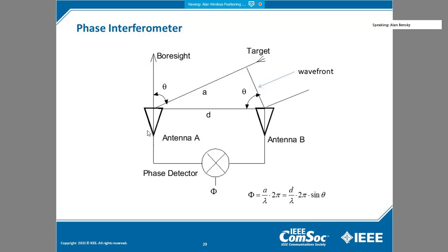It's possible to make these angle of arrival measurements by, instead of having directional antennas, having omnidirectional antennas, and using a geometrical relationship between the locations of these antennas and the direction of the wavefront of the signal. A wavefront means that the signal is coming from this direction. It will be received